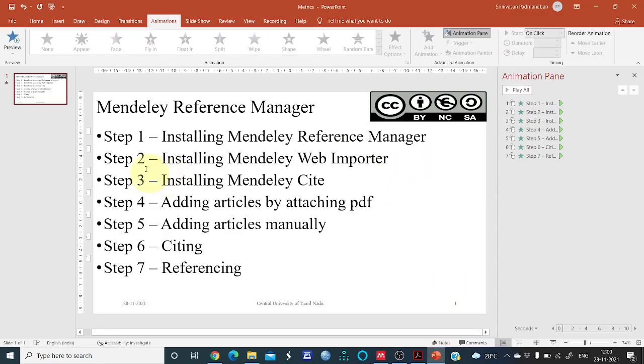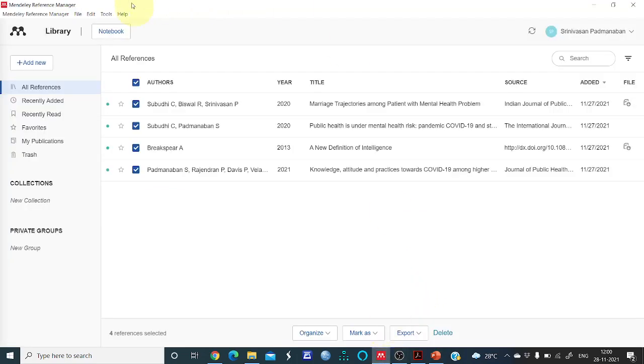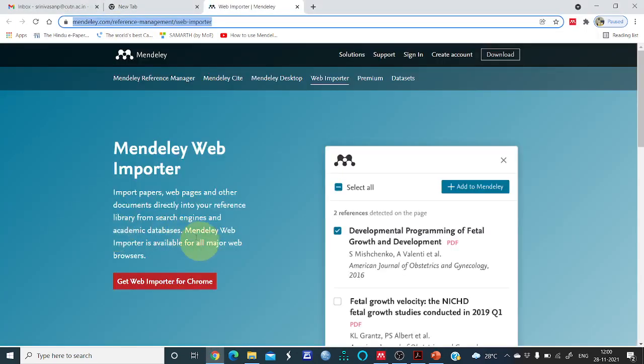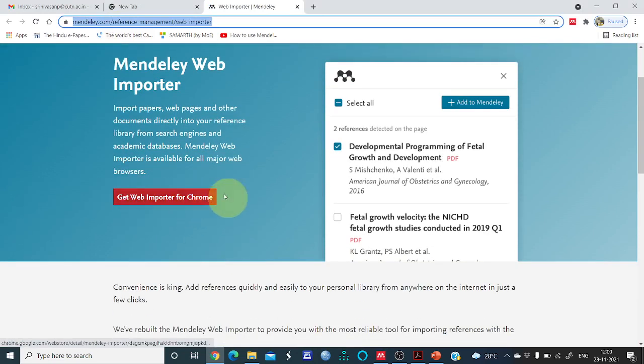We'll go to step number two, installing Mendeley Web Importer. So again go to the tools, install Mendeley Web Importer. This is the importer. You can see here, get Web Importer for Chrome. I am using Chrome as my browser. If you click this, it will be installed.